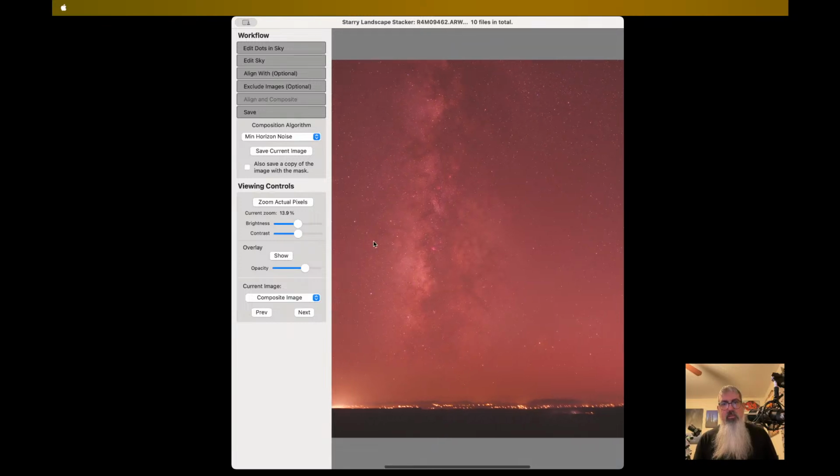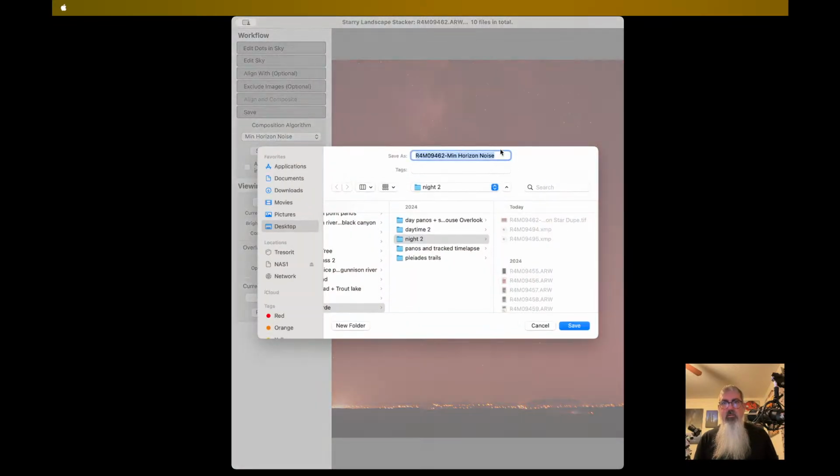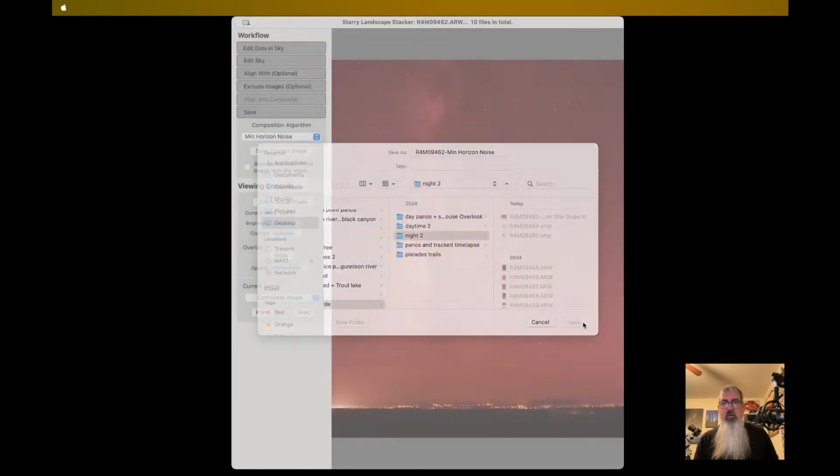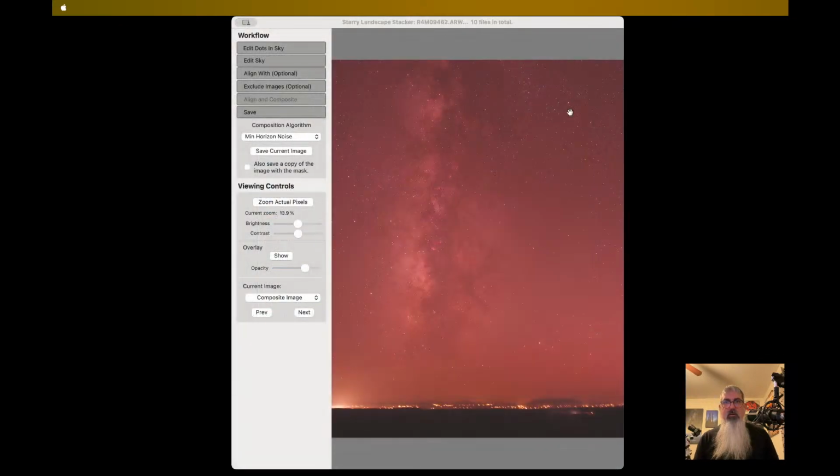So again, you have options for the algorithms here. I've found that this min horizon noise one, the default one, is doing a good job. Again, if you're seeing weird problems on the foreground, you might try some of these other algorithms to see if you can improve your results. Then you would save this image, and we'll save that. And then we have 10 minutes, so we'll quickly see if we can do an edit on this. So let's jump over to,